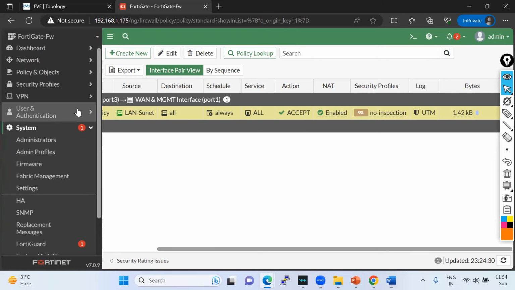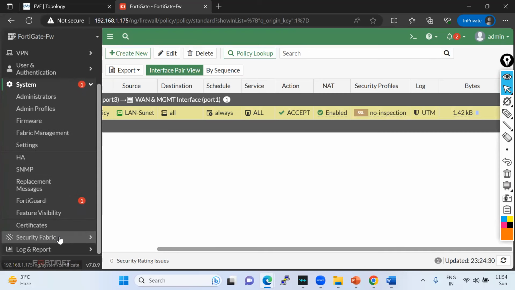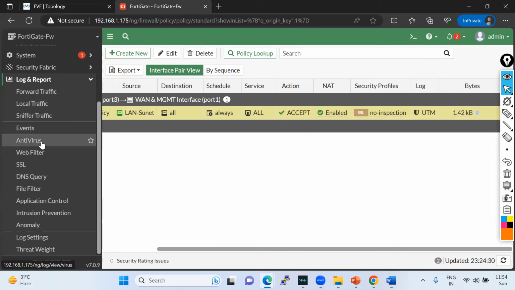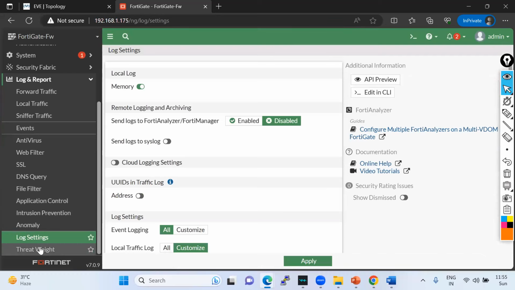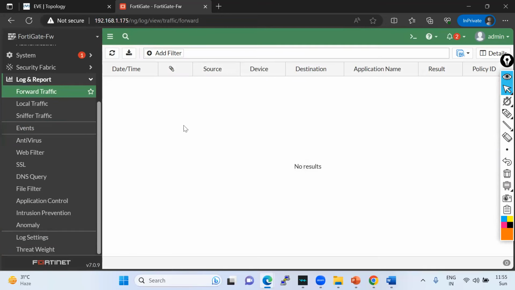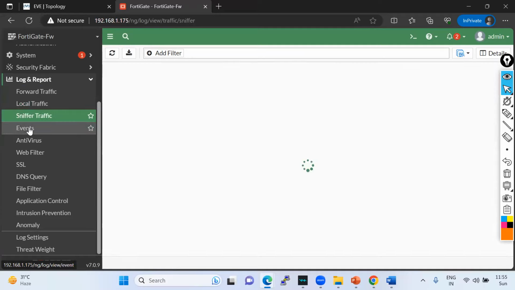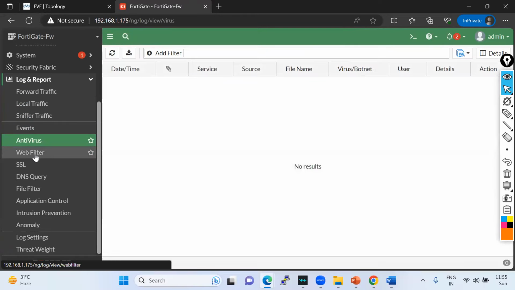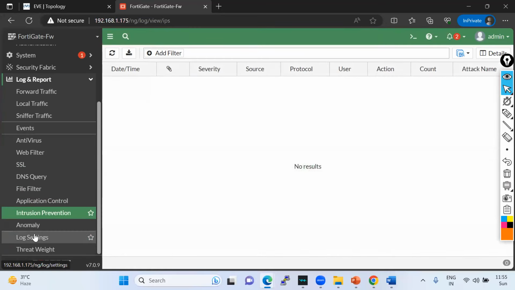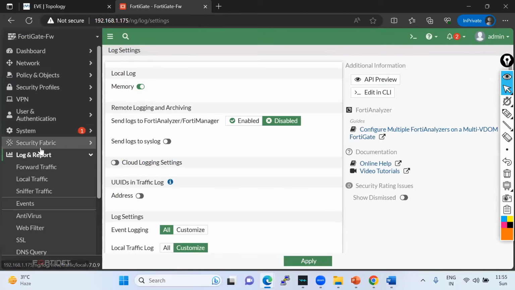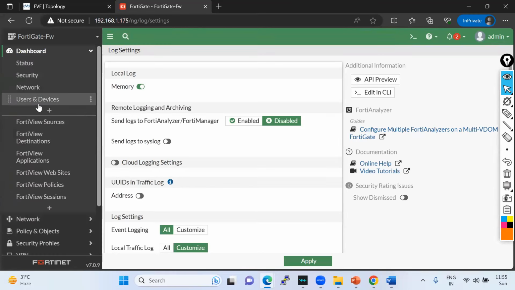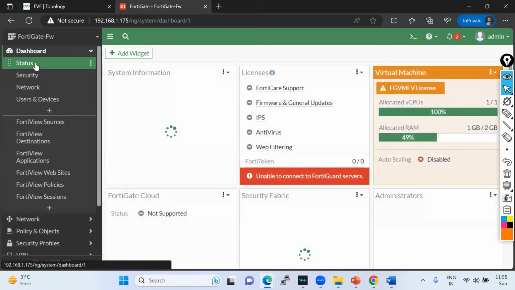And you want to see a little bit in the system, let me show you something. Log and reports. So if you want to see the log settings, they enable events, forward traffic. There's nothing, traffic, nothing. Antivirus, still there are no log files, but definitely they will update after some time. So let me see here, system log is not showing here for some reason. Status, go in the status,